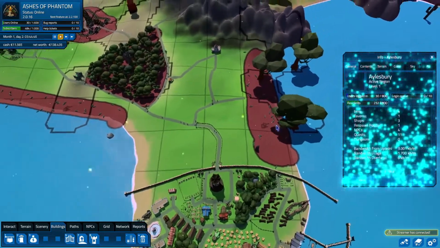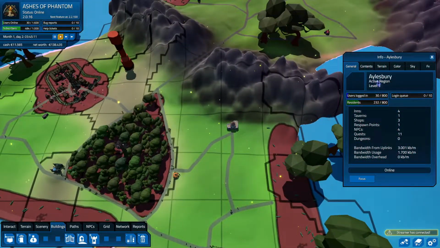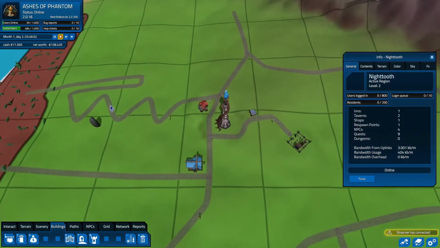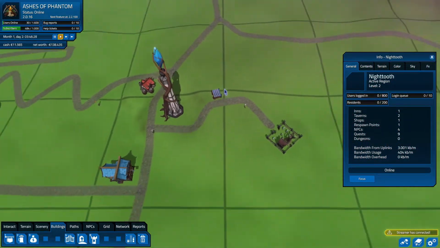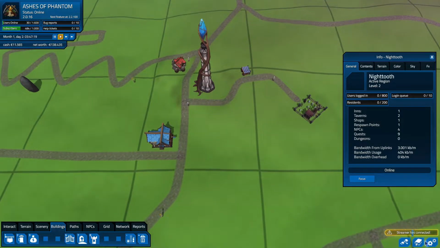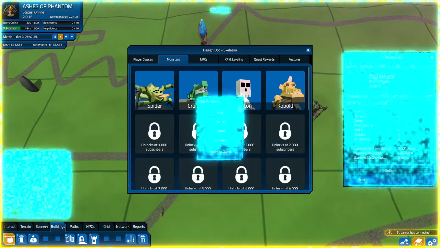We also renamed our initial area to Aylesbury. I think that was a pretty good name. I like that, so yeah, let's keep that for now. And then we don't want to do too much editing since we're low on cash and we want to get more money in. Now, what we could do is,